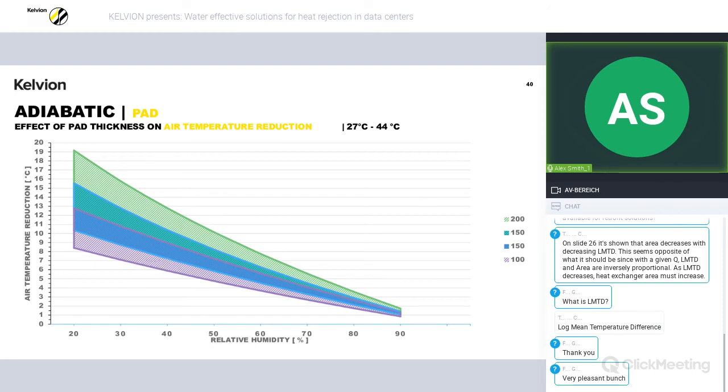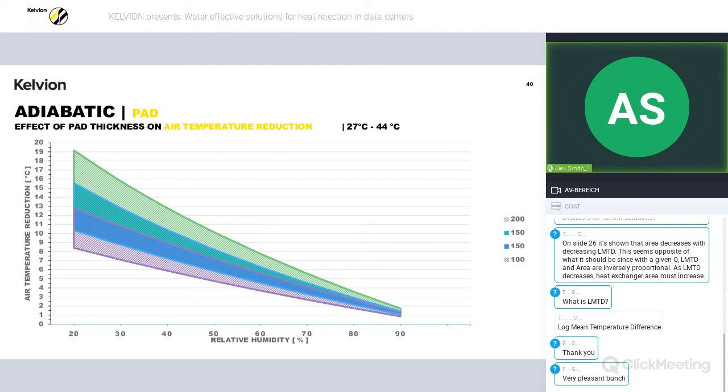At 20% humidity, this line here, and at 27 degrees, so looking at the bottom of each of these three shapes, we can see how the air temperature reduction of the pad can increase. So going from 100 mil pad, this purple one, to the blue, making this jump here, we can see we go from an 8.4 degree temperature reduction to 10.4 degrees on the 150 millimeter pad, an increase of 2 degrees. Increasing from the 150 mil to the 200 mil, we go from 10.4 degrees to 12.8 degrees, another increase of 2.4 degrees, which gives us a total additional temperature reduction of 4.5 degrees from a 100 mil pad to a